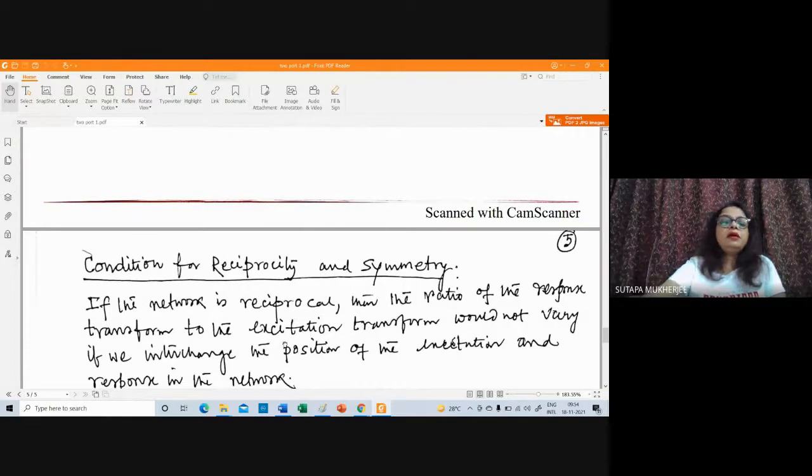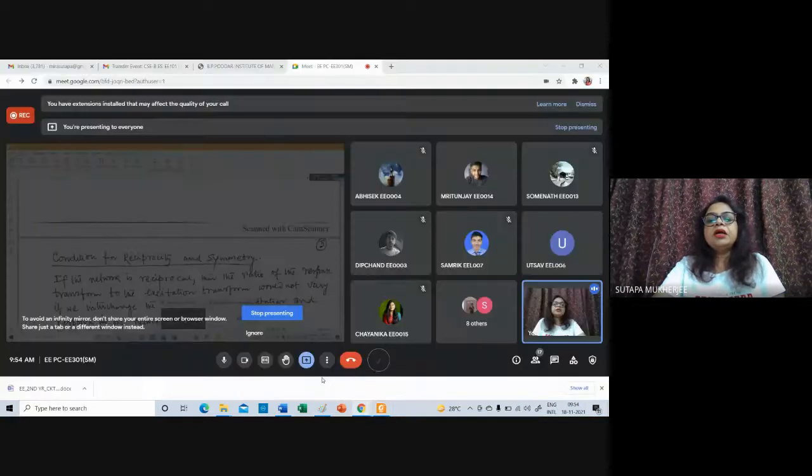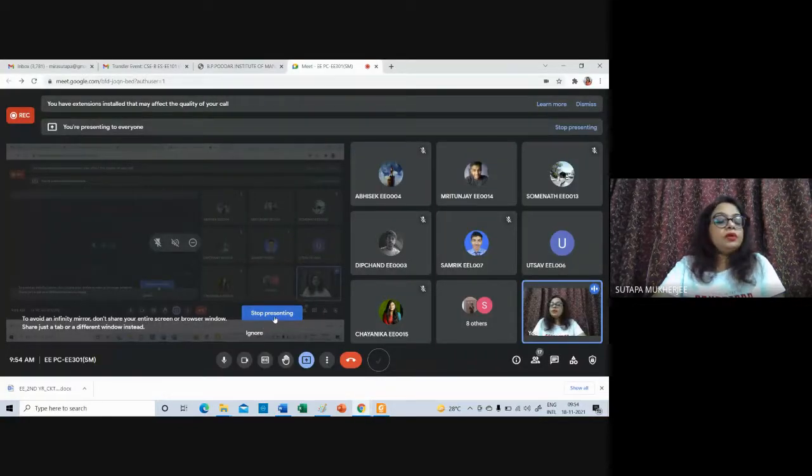So today you have learned what a two-port network is, what a single-port network is, what Z parameters are, that is open circuit impedance parameters, what Y parameters are, that is short circuit admittance parameters, and you have done a problem on open circuit impedance parameters. How can you calculate the open circuit impedance parameters from a particular circuit? Up to this, is it clear to all of you? Does anybody have any question? No, ma'am.